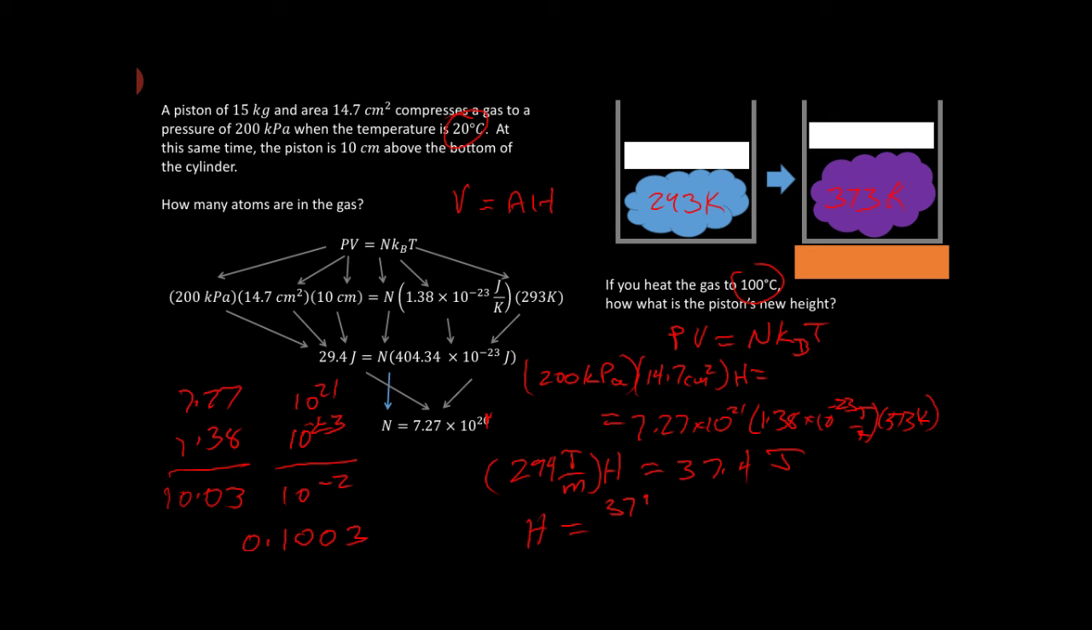37.4 over 294. That's joules over joules per meter, which is in meters. So that's going to be